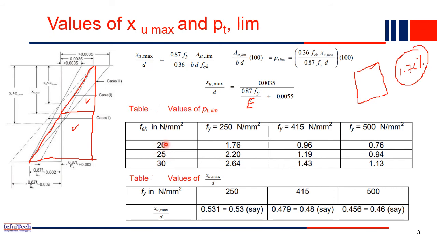Now similarly, if you are using M20 grade of concrete and Fy 415, meaning 415 grade of steel, then you substitute the Fy value 415 and you get the XU by D value. Substitute the XU by D value here, Fy value 415, FCK value 20. Find out what the PT is. That PT will be here. Similarly, 500 is this. Different grades of concrete will also give different values of PT. So this table will give you that. In general, we normally use M20 or M30 grade of concrete, M25 or M30 grade of concrete, and Fe415 or 500. So in that case, only about 1.5% maximum steel is allowed as reinforcement in a beam.